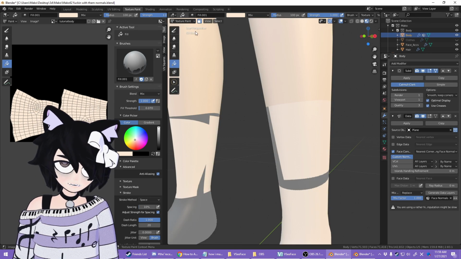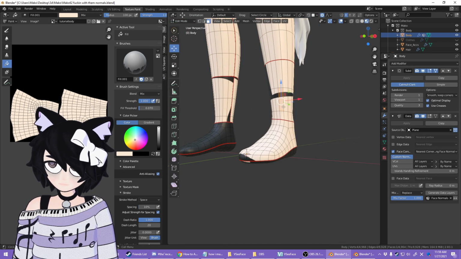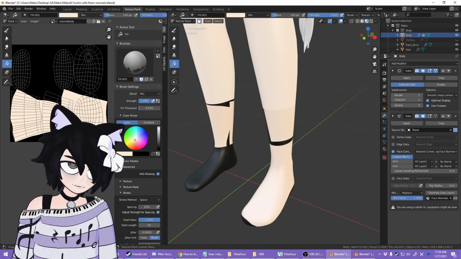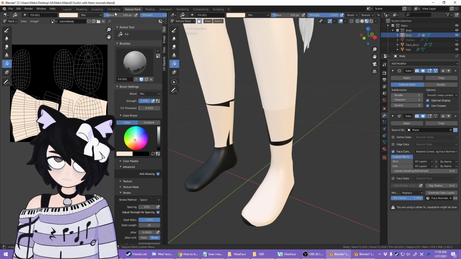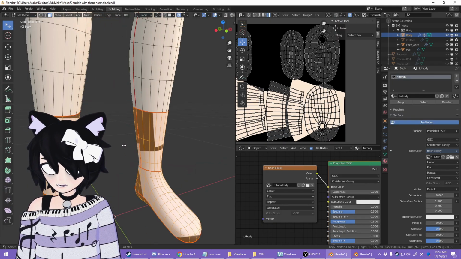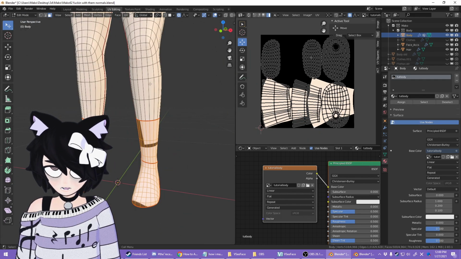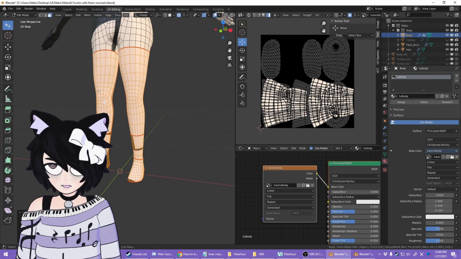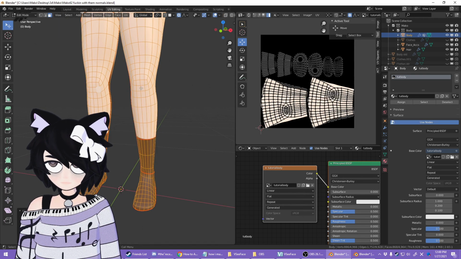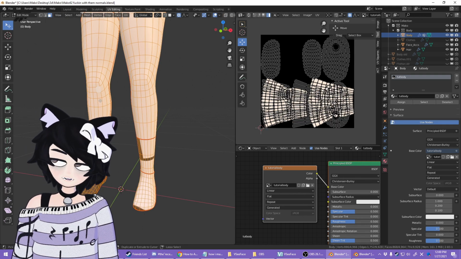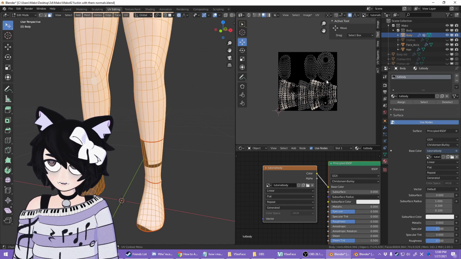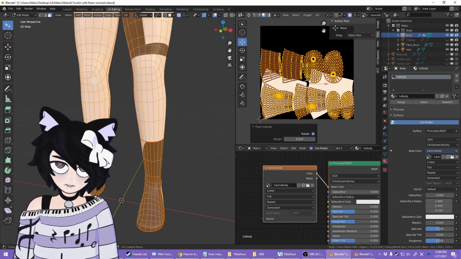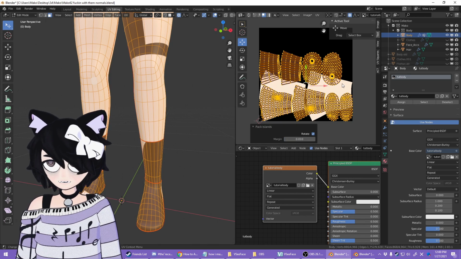And now at the socks right here, we can go into edit mode and select these bits. Back in texture paint. I see that my UVs are overlapping each other because I'm dumb. I kind of skipped several steps here, I'm trying to demonstrate to you why we have this seam here. I'm just going to select everything that we worked on so far, and then hit unwrap again. There we go. Alternatively, if I didn't want to do that, I could go over here, select all of these, click UV, click Pack Islands. And it does the same thing without having to re-unwrap it, which you might want to avoid sometimes.